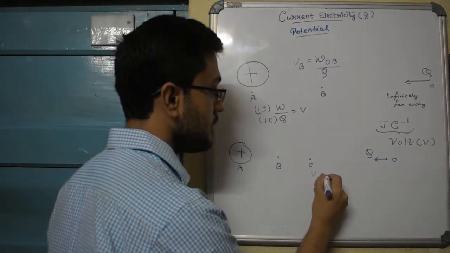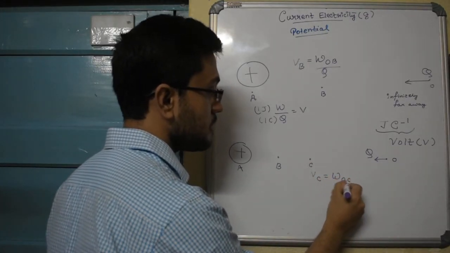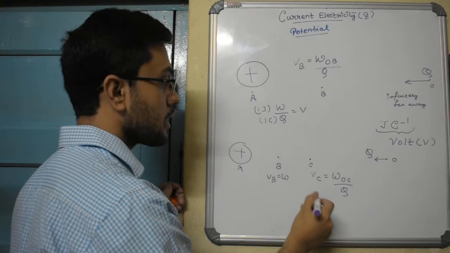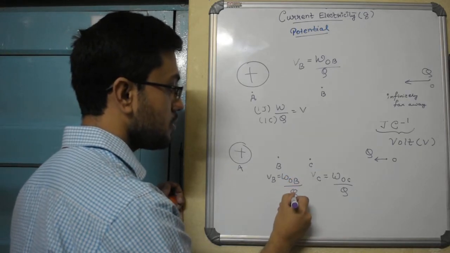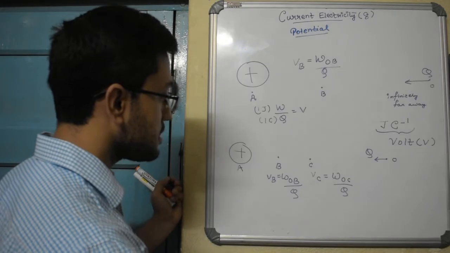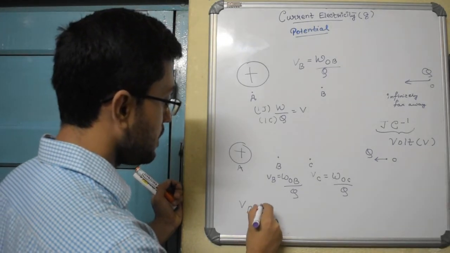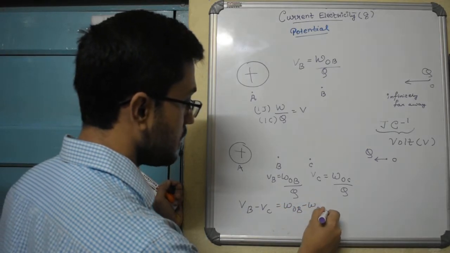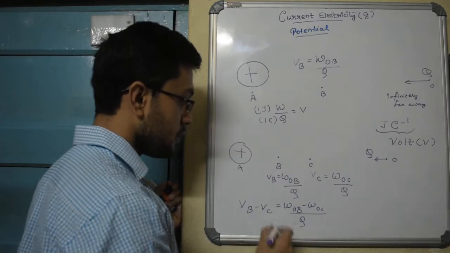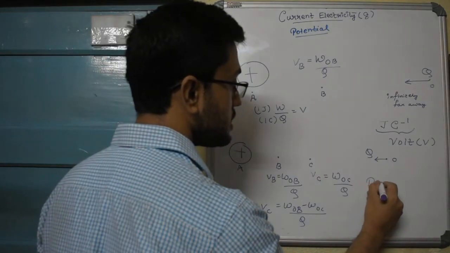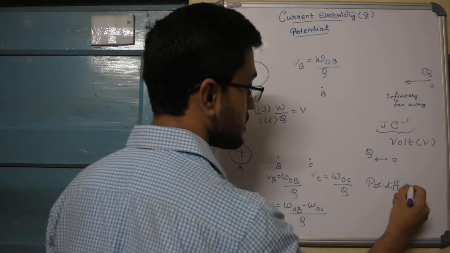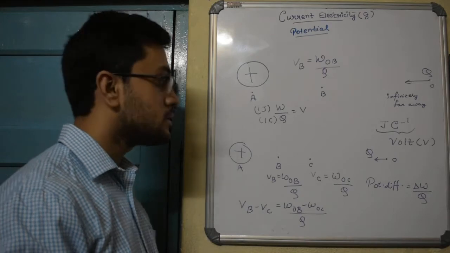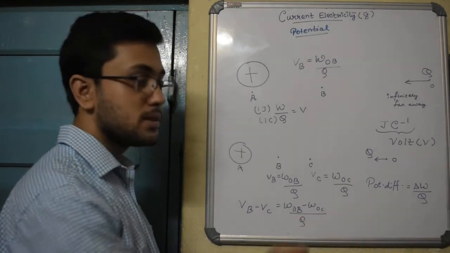Now first I make a stop at C. What is the potential at C? That is the work done from O to C divided by Q. And what is the potential at B? That is the work done in bringing the charge from O to B divided by Q. Therefore, what is the potential difference? The potential difference VB minus VC between the two points is work OB minus work OC divided by Q. So this entire thing is called potential difference. Potential difference is equal to delta W divided by Q, the difference between the work done in carrying the charge to the two points, divided by Q.